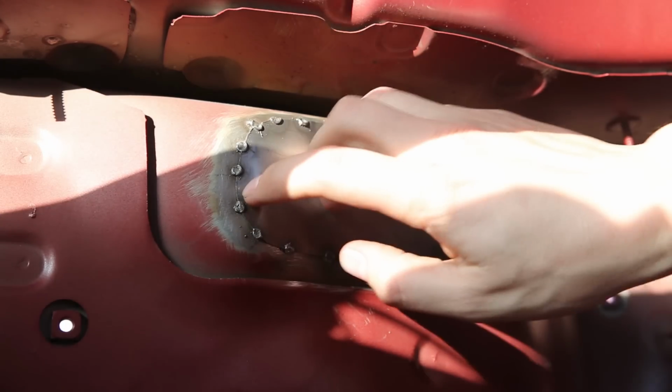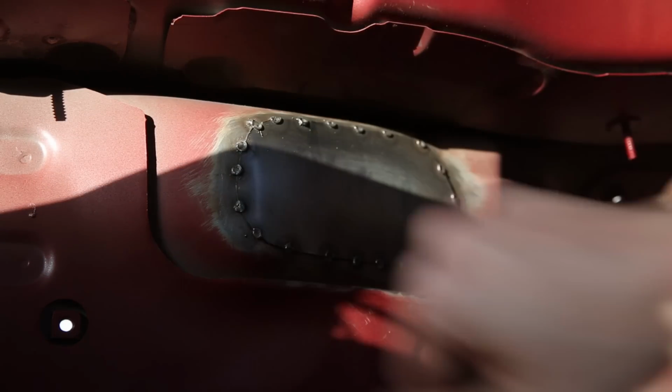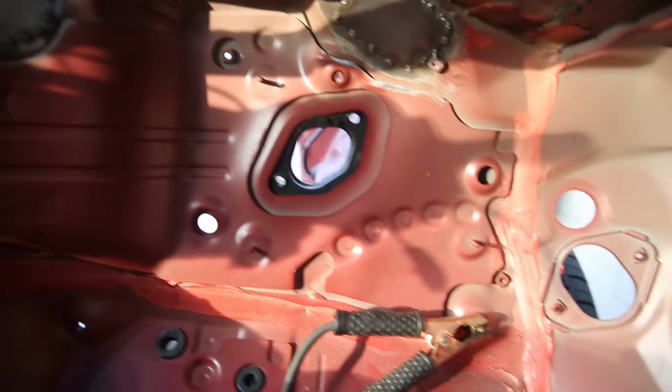I think later on I'm going to put some caulk around here just to keep any smoke or anything from the engine bay out of the cabin. Well, seeing as how this went really well and there's more holes down here to fill,